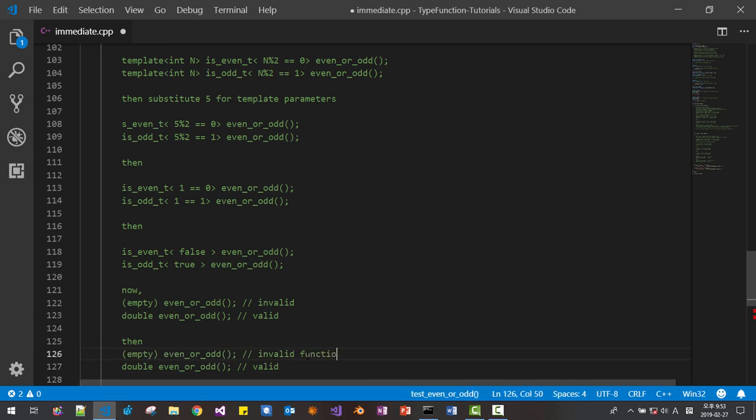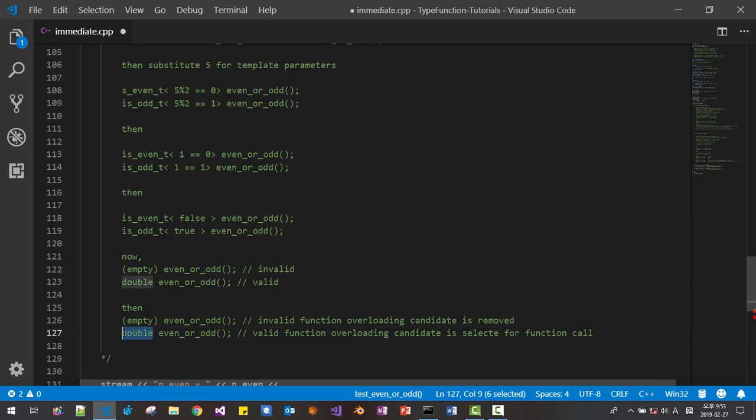Invalid function overloading candidates is removed, and valid function overloading candidates is selected for function call.